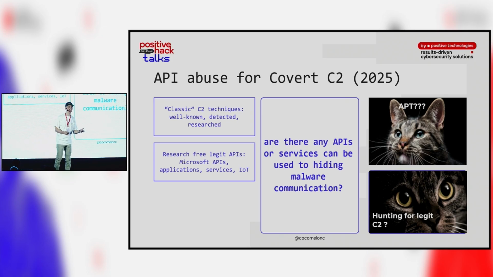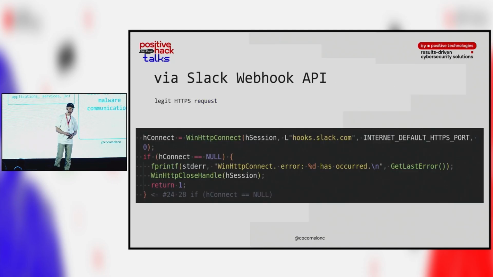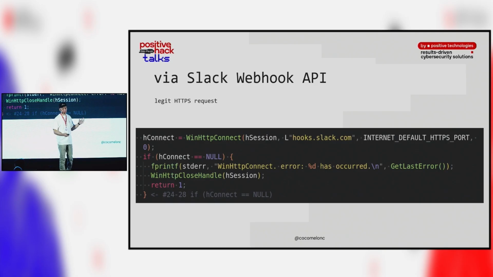resources like Microsoft related, game dev related, or maybe even some industrial APIs like those used for IoT and other applications. Any APIs or services can be used for hiding your C2 connection. Yes, of course. Let me show that Slack webhook, it's well known, but it's still effective,